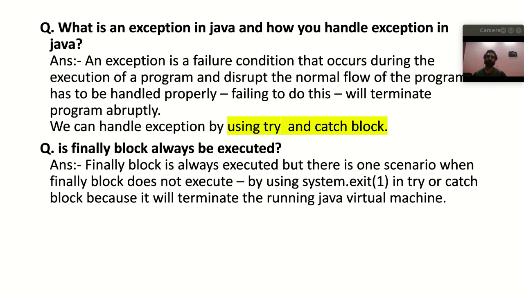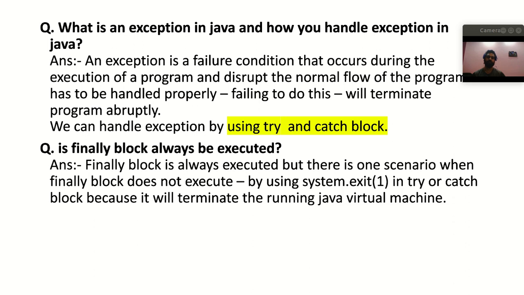As you write the code for opening a file, there may be a chance that the file will not be found. So the compiler will give you the indication that there may be a chance that a file not found exception may occur. So you have to handle this beforehand,